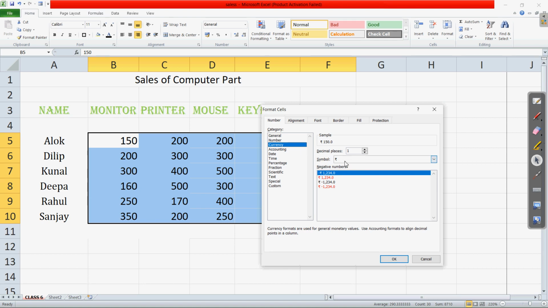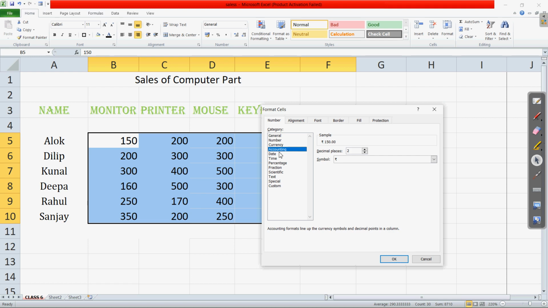Then if you have the currency symbol, then with the currency how many decimal points we want to choose, this can be chosen from here. Clear? For example, 2 digits after the decimal point, then whatever the symbol we want to choose, here we have the dollar. Then if you click on this drop down, you can see the different currency symbols are there. If you want to choose dollar, then the different other currency symbols for different other countries are given. So suppose we are choosing rupees symbol, then for negative values also we have the negative sign. So from all of these we can choose according to that.